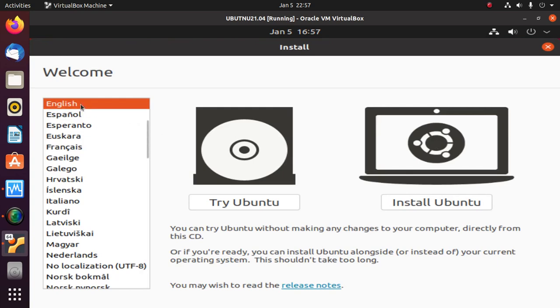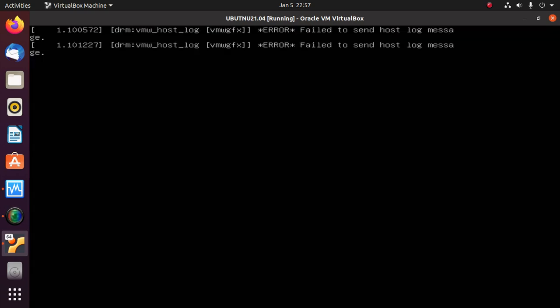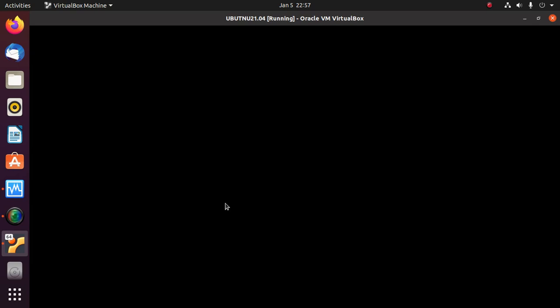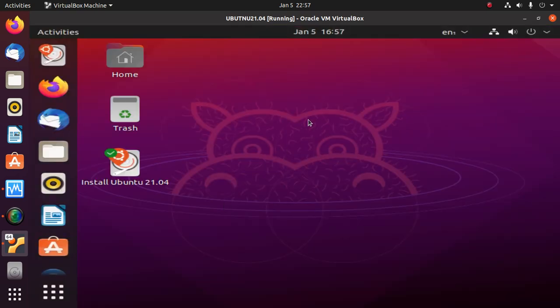Now select language and then click on Try Ubuntu. Now you can use Ubuntu